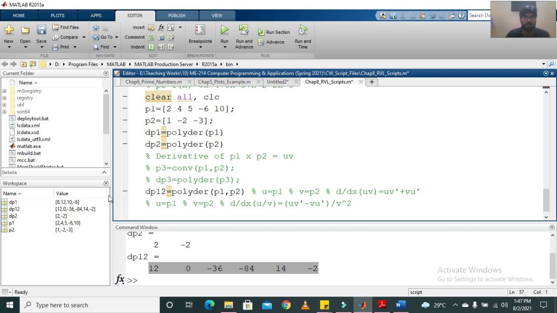So we can also calculate the derivative for u upon v as well. For such a case, let's say the derivative will be like polyder(p1, p2). But again,